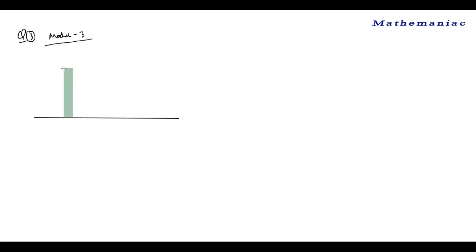Suppose this is the building. Instead of building, they might say it's a tower, right? Every time I am considering building only, no problem. This is the building AB. And suppose there is a person whose eye is here at the point C, right? So there is a person who is coming from a village and he is observing, he is coming to the